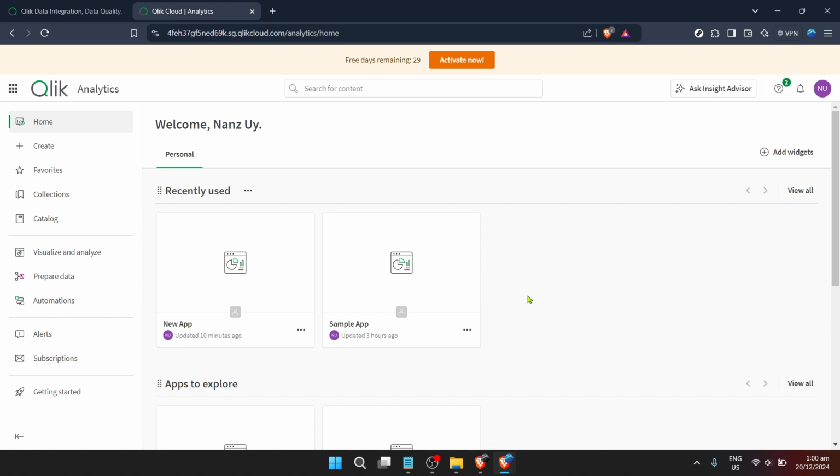Remember, the key to a smooth export process lies in following these steps meticulously. Don't rush through the login steps, ensure you've selected the correct app, and most importantly, confirm you've chosen to export with data so your app remains as impactful and insightful as when you created it. Whether you're transitioning between environments, sharing with colleagues, or simply backing up your project, exporting your Qlik Sense app is a valuable skill that ensures your analytics journey is both portable and persevering. As you continue to work with Qlik Sense, considering organizing your apps and being mindful of data updates will serve you well, as these practices make the export process even more seamless.